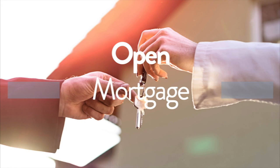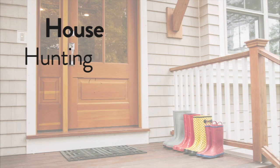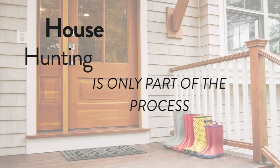Everyone knows that the most important part of the home buying process is house hunting. Finding the right house to best suit your wants and needs is, in reality, only part of the process. One major and often overlooked part of the home buying process is the selection of the best mortgage program for